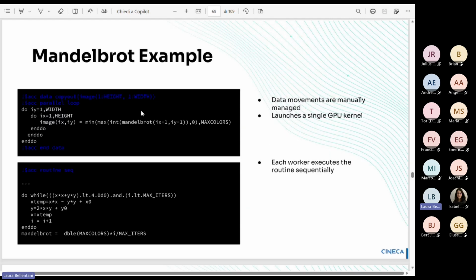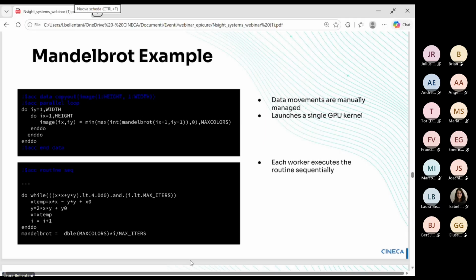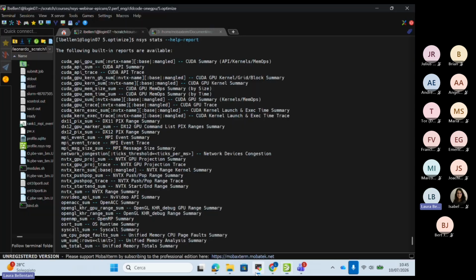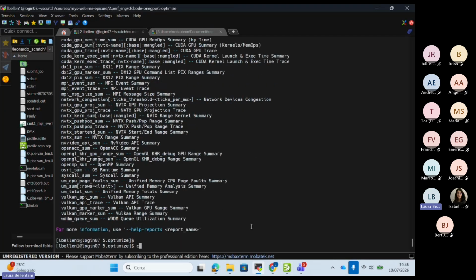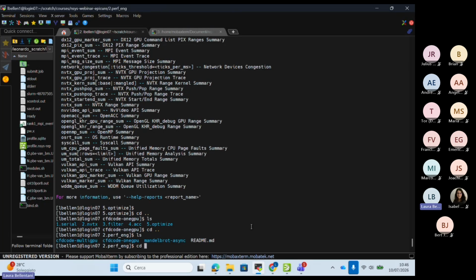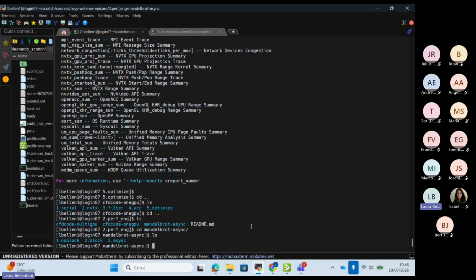Let's see with a simple example how to check for the implementation of asynchronous programming with Nsight Systems. So you will find also this Mandelbrot example.